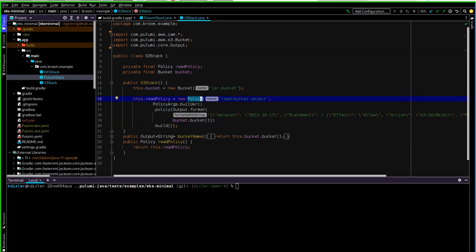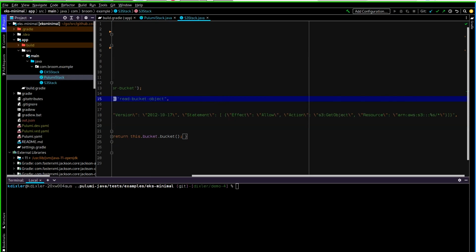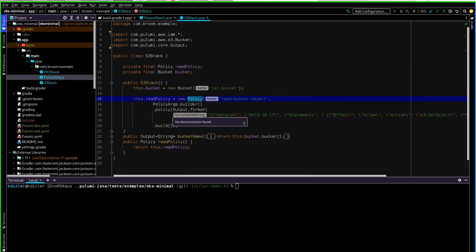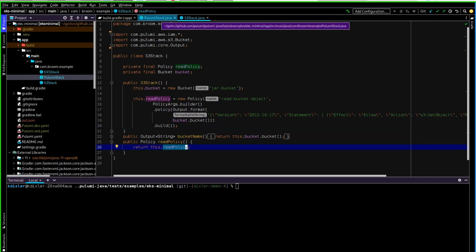So for the policy, we want to configure what the policy actually is. So we have this policy function on here to set it on the builder. So if you look over here, we grab the bucket name and we grab the bucket name over here and we inline it over here. You probably want to do some parameter checking on this if you do this yourself, but for the sake of this demo, we wanted to leave it pretty concise. So we have some helper functions down here to return the name of the bucket and also the read policy, because we want to be able to use that later on in order for our EKS cluster to be able to read from this bucket.